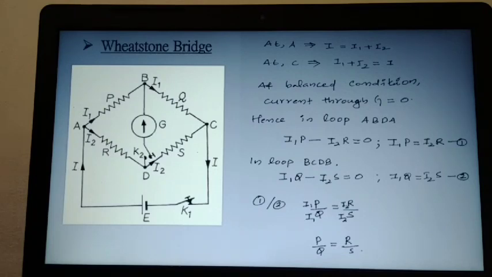Now you come to the current equation. At A, I is equal to I1 plus I2. At C, I1 plus I2 is equal to I. So the current conditions are satisfied. That means whenever currents meet at a junction, current entering is equal to current leaving. That condition is satisfied. Now we can go for the